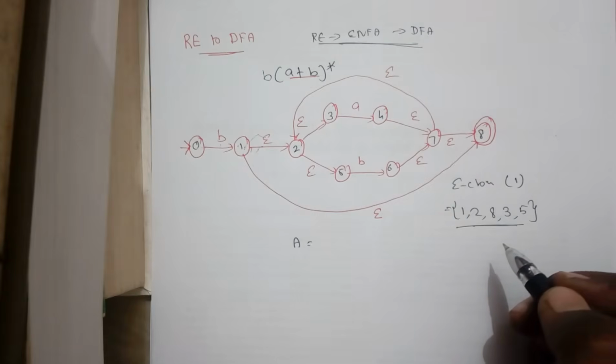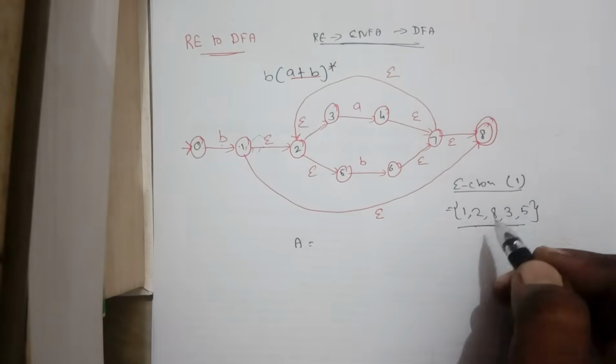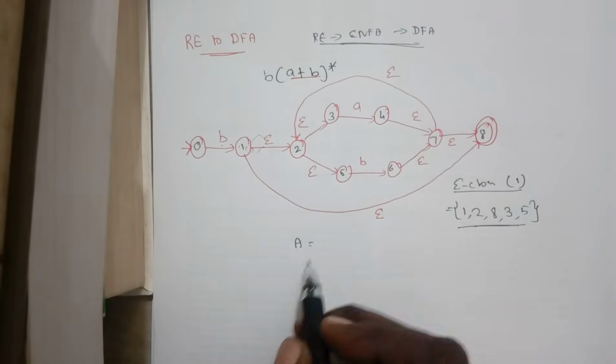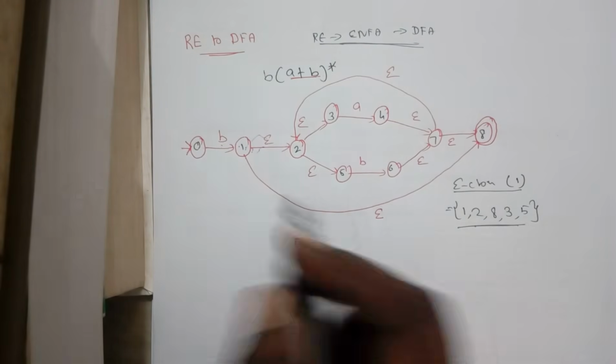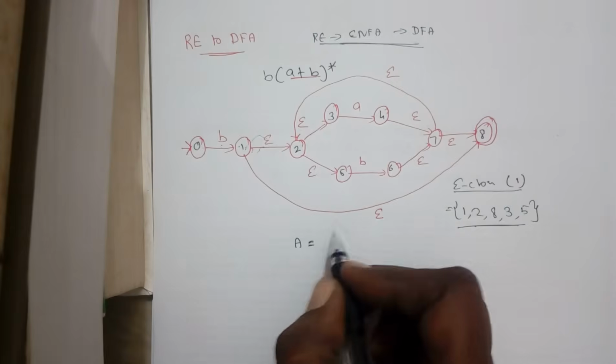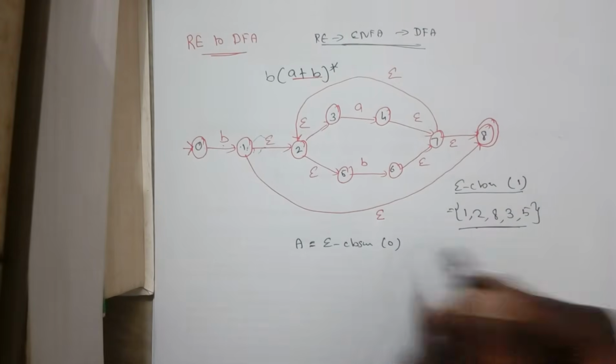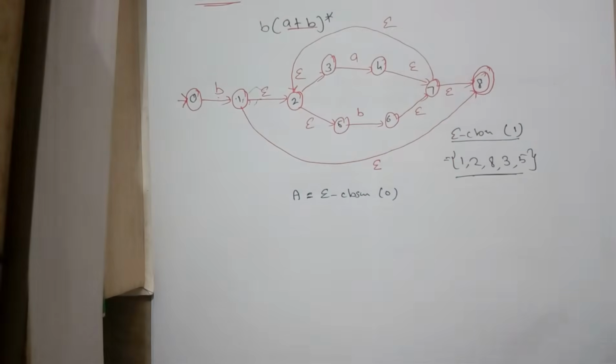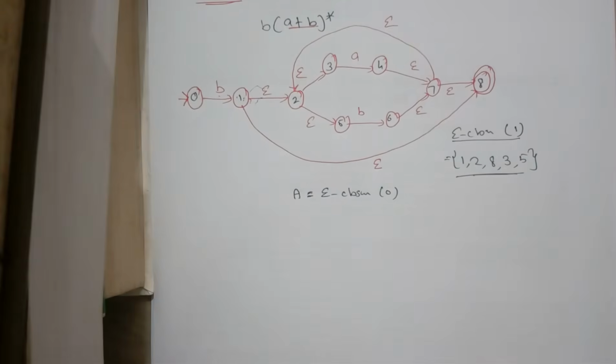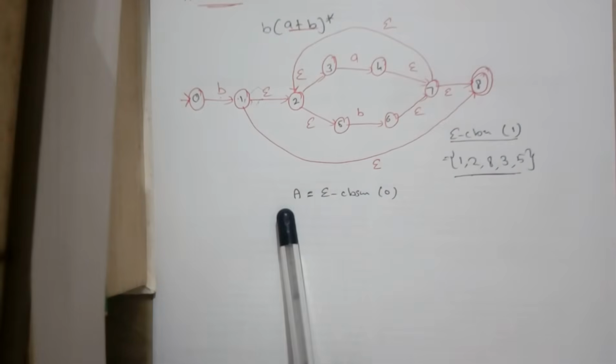So we are going to club all the epsilon paths together and assign it as an epsilon closure set. So now when you want to equate a starting state of the DFA with the starting state of the given epsilon NFA, we have to find the epsilon closure of the starting state of the epsilon NFA. So this is the first assumption. We are going to consider A as the starting state of the DFA, and we are going to find the epsilon closure of the starting state of this epsilon NFA, and combine both.